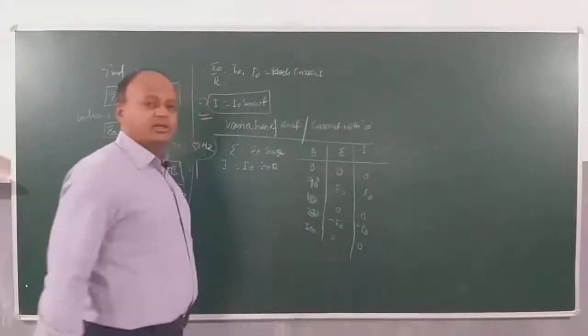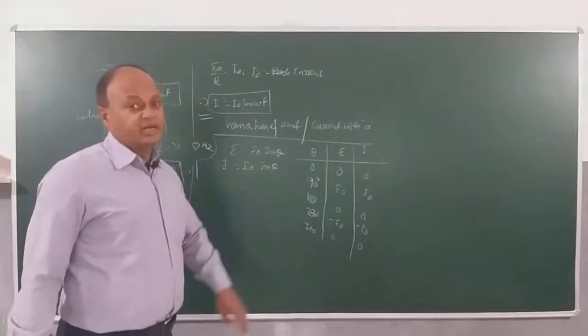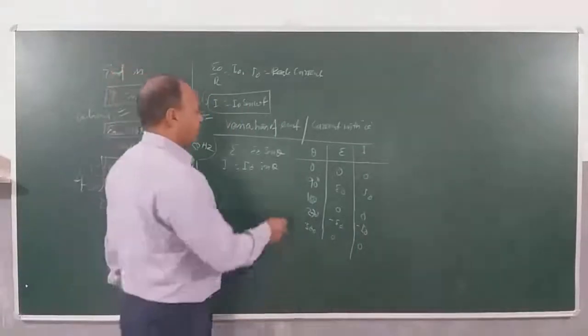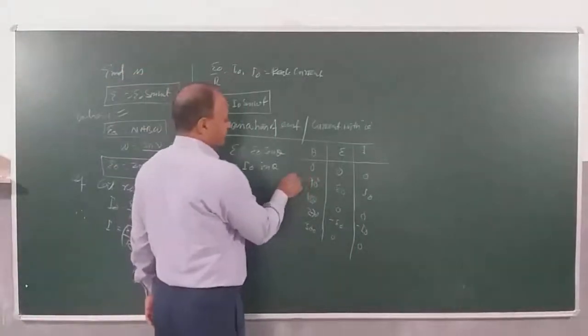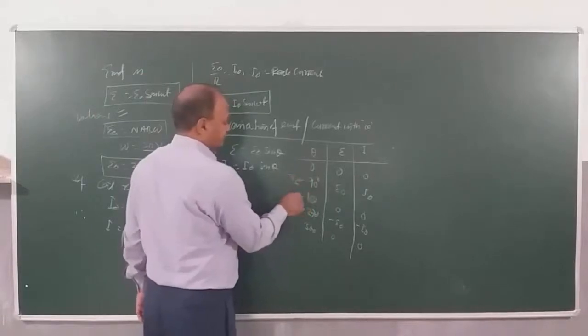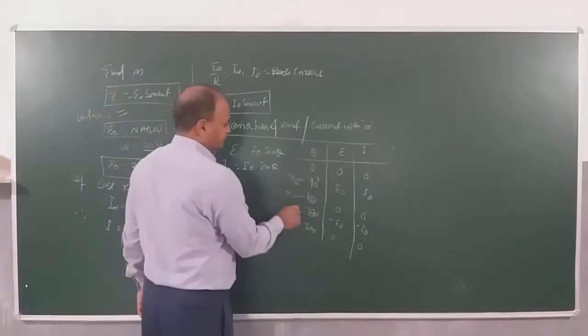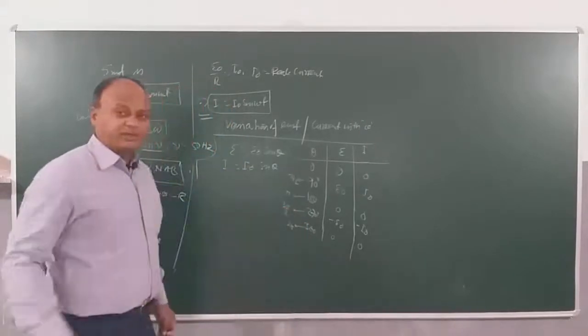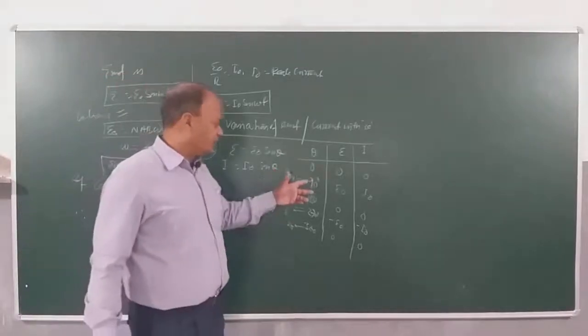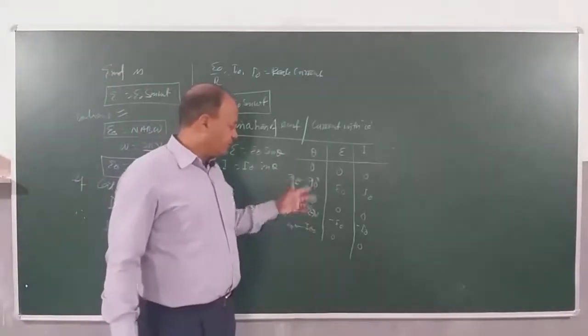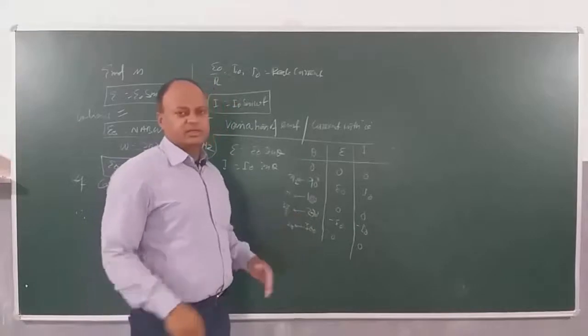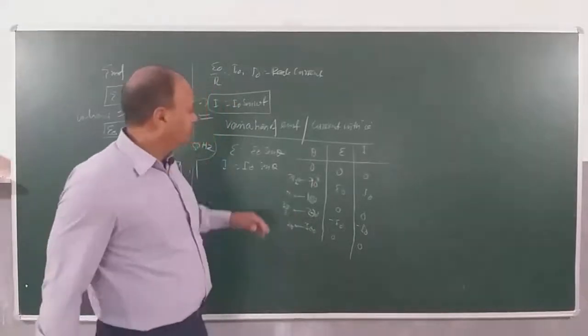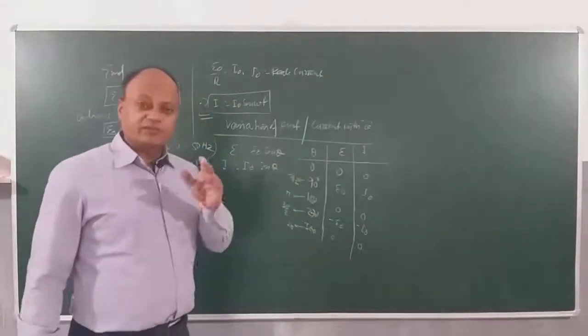Many times they will not give a degree, they can give me radian also. If they give me radian, then 0 is 0, 90 is pi by 2, pi, this is 3 pi by 2 and this is 2 pi. But if you're not a mathematics student, you can use 0, 90, 180, and from here to here we complete one cycle. Clear? Now time period, for each 90 degree rotation is 1/4 of the time period.